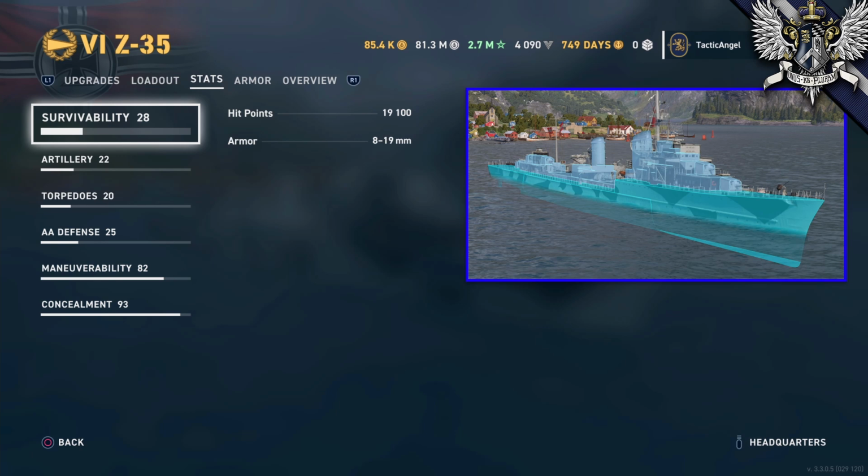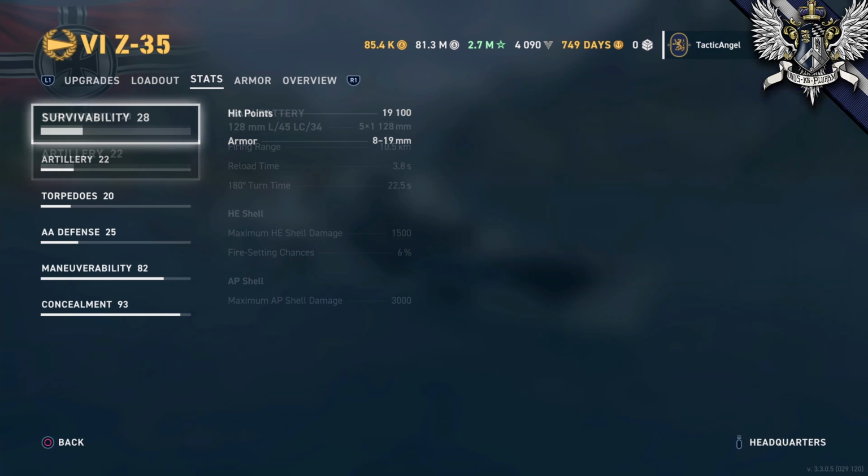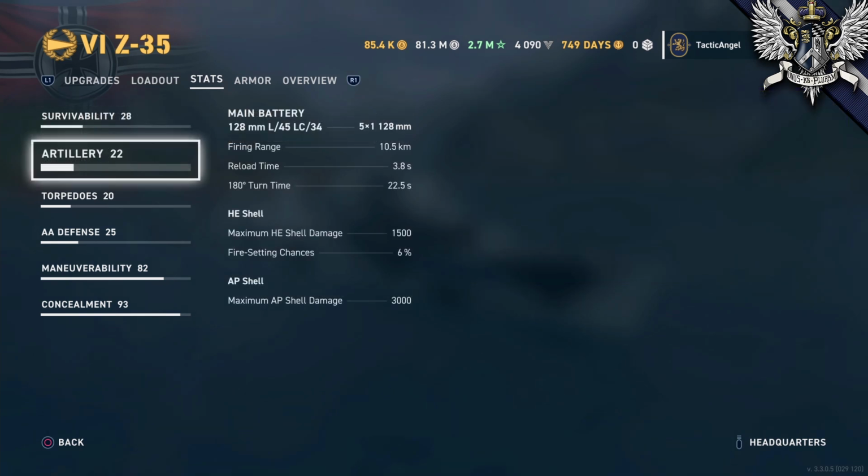This is exactly average and exactly what you're going to find on Z-39, minus the front turret face of the forward turret, which is where it gets that weird 30mm rating if you were looking at this screen. The artillery on the Z-35 is also very capable. You have 5 128mm guns, arranged 2 fore, 2 aft, and 1 in the middle, just like the Gaeta, Benson, and Fletcher. This, combined with an excellent 3.8 second reload, means that the Z-35 does feel like a very capable